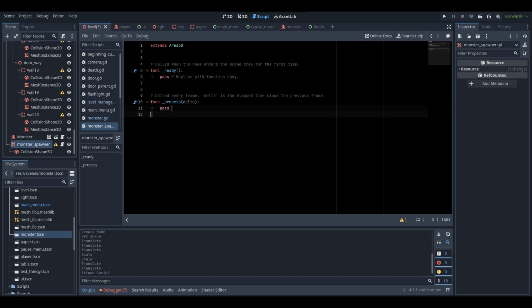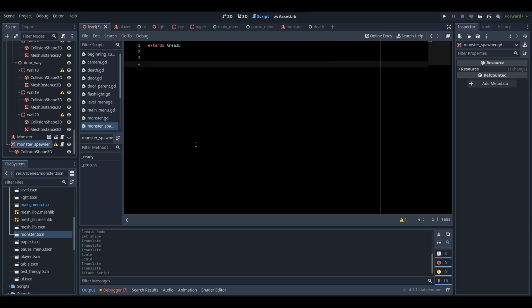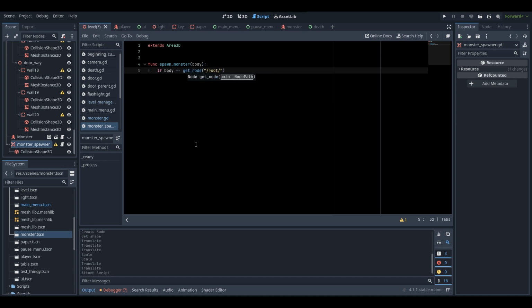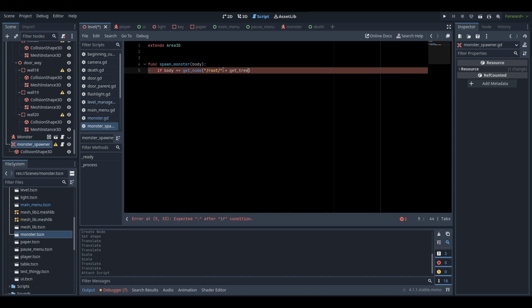So what we're going to do in our monster spawn trigger is we're going to get rid of all this stuff here. And we're just going to write func spawn_monster, and then in parentheses body. And we're going to be doing if body equals get_node("/root/") plus get_tree().current_scene.name plus "/Player". So if the body that enters the trigger equals the player, what will happen is